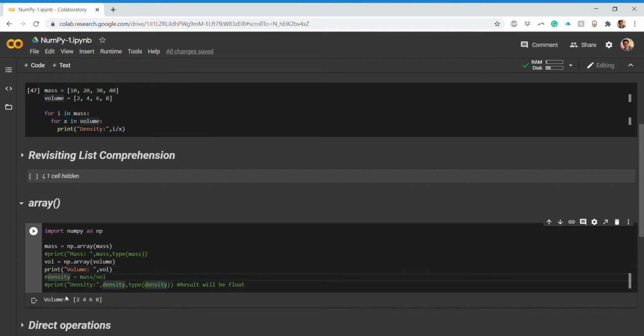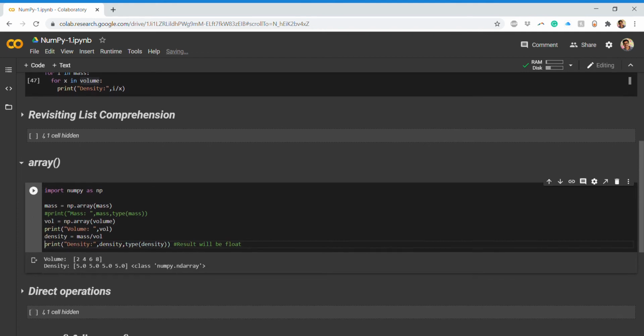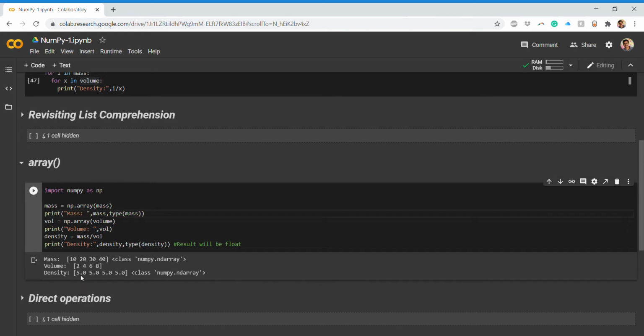Now I can directly write density is equal to mass upon volume. It will do the necessary computations and print the density. You can see I had the mass and the volume, both were arrays, and the density, which is the result of mass upon volume, will also be a numpy.ndarray.